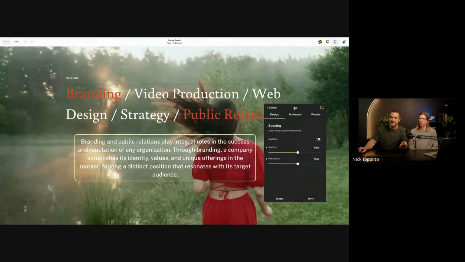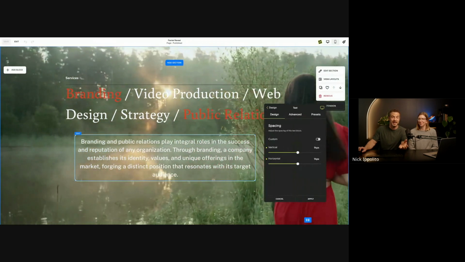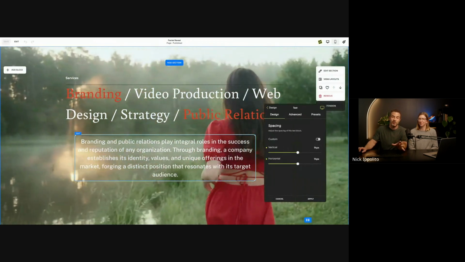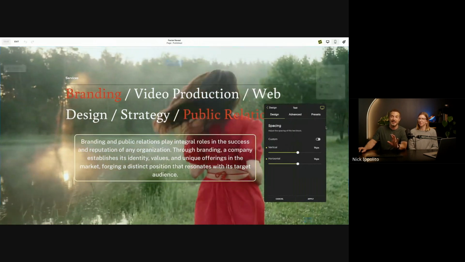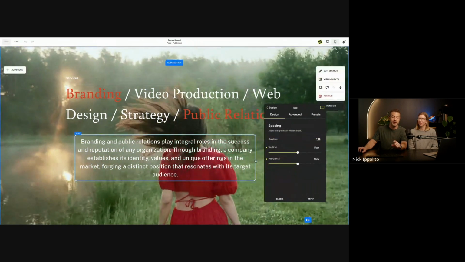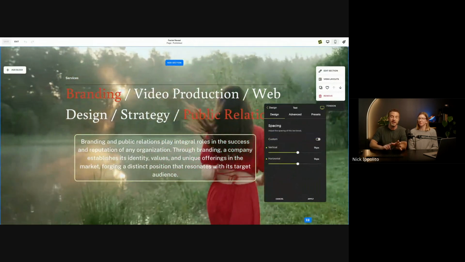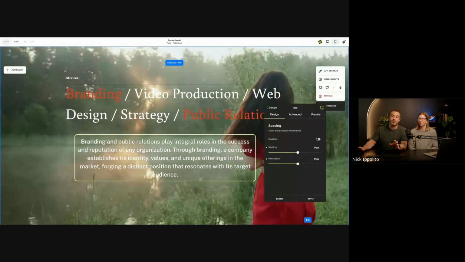So something as simple as that with custom code was probably the only way I could have done something like that. And you can see how quick and easy it was for me to do that for this one block. I can turn this into a preset if I wanted to and replicate this on other blocks across my site, and they are synced together. So if you make a change elsewhere, they will change anywhere you've used that preset.